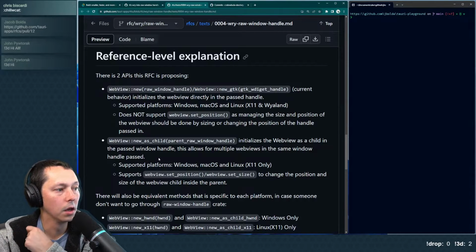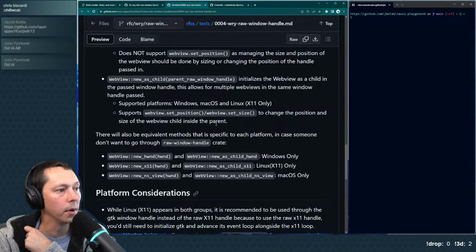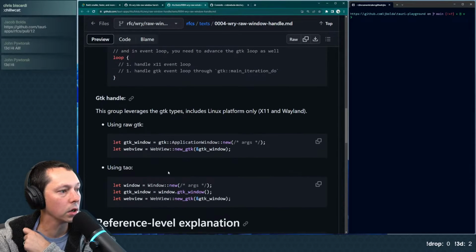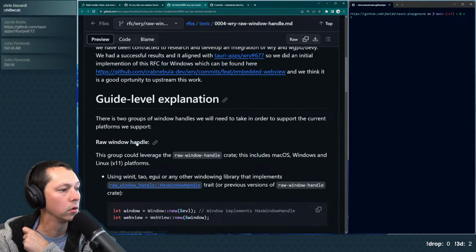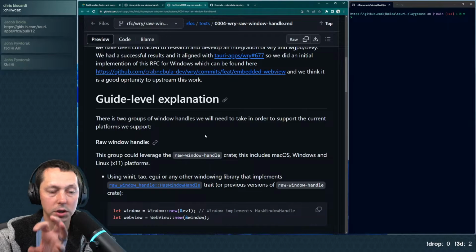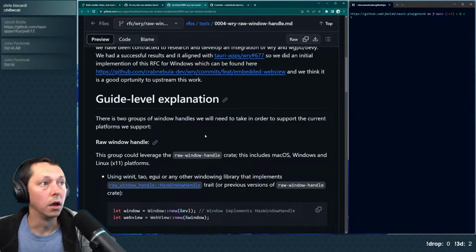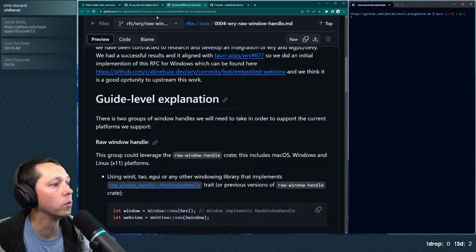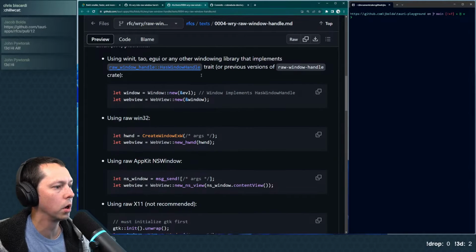But I think this is the important bit here. And a lot of this is happening at the moment within Rye. So Rye was built with an expectation around the window. And from here, it probably makes sense to poke around with